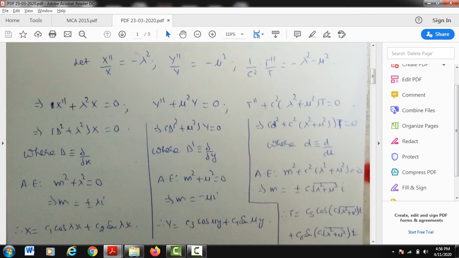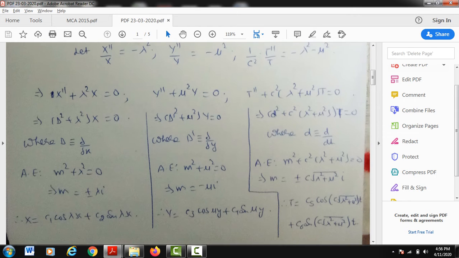Here capital D stands for the partial differential operator with respect to x, D dash is the partial differential operator with respect to y, and small d stands for the total derivative with respect to t. These three equations are homogeneous ordinary differential equations of order 2. Since they are homogeneous, the right hand side is 0, so they contain only the complementary function, not